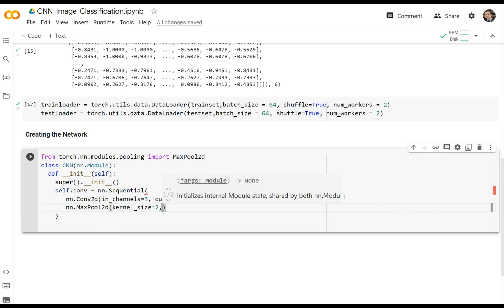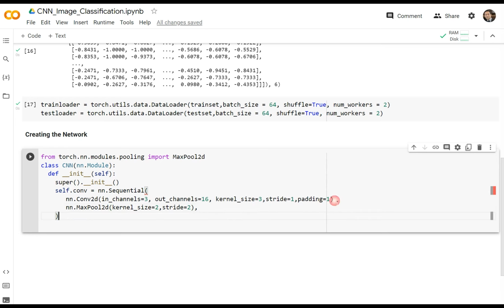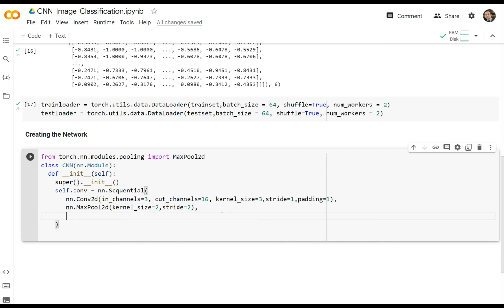The other important thing was the stride in the max pooling. So if you remember, we had a stride length. So let's define that as well. Just like what we did in the explanation part, let's define this 2 as well. So stride is equal to 2, kernel size equal to 2, and that's it as well. Just do not forget to put comma after defining each layer. I forgot here, for example. So let's go to the next